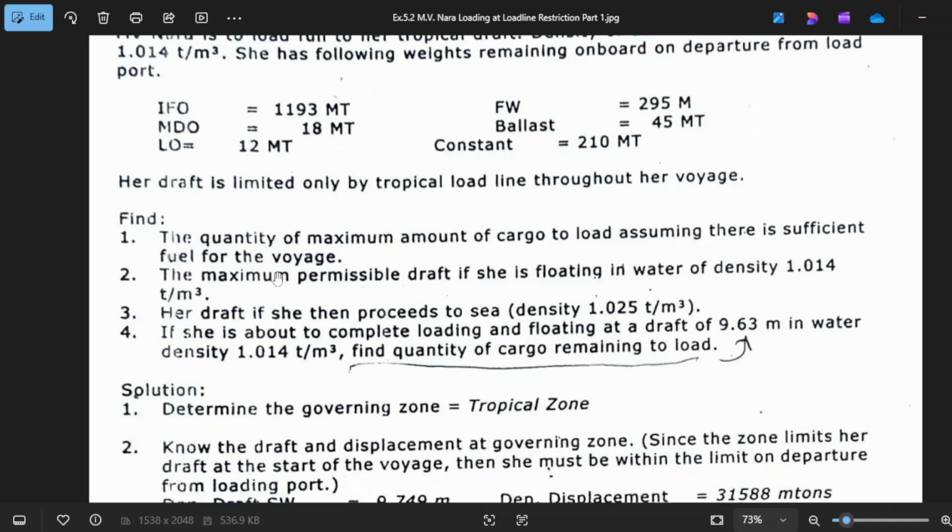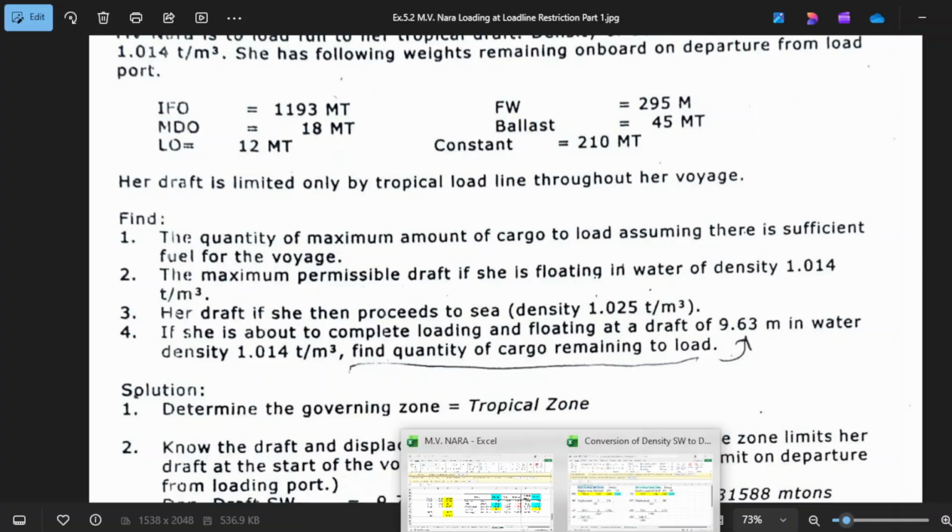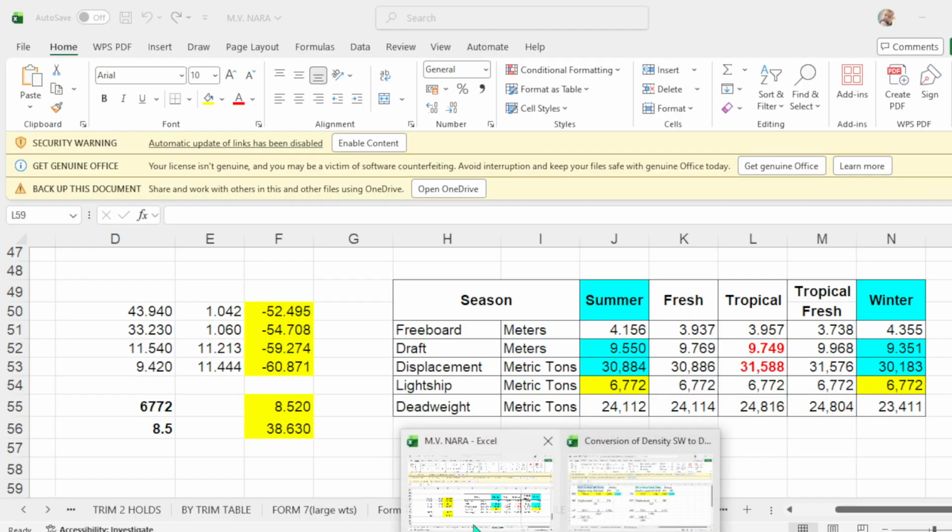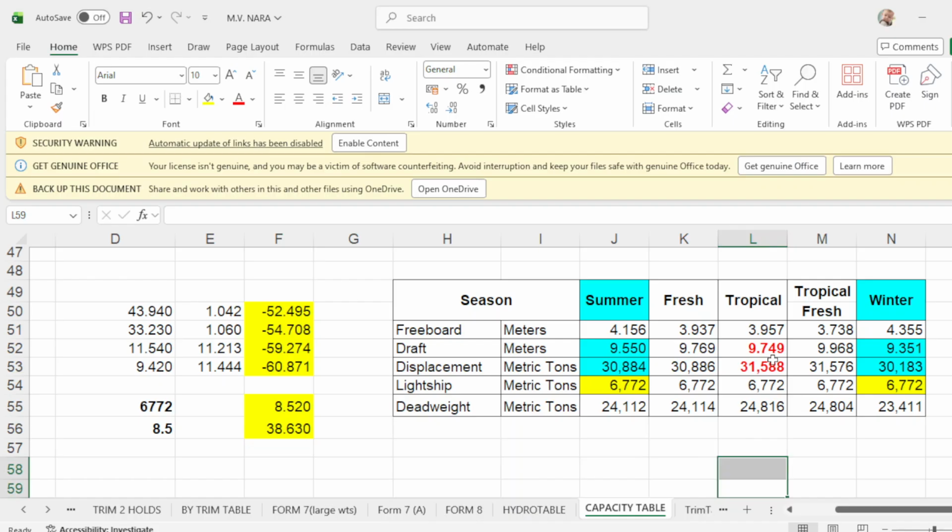Then here, find the quantity of maximum amount of cargo to load, assuming there is sufficient fuel for the voyage. Meaning, what will be your maximum cargo to load. Your departure draft is 9.749 in salt water, but let's see what will be his draft in the density at load port.